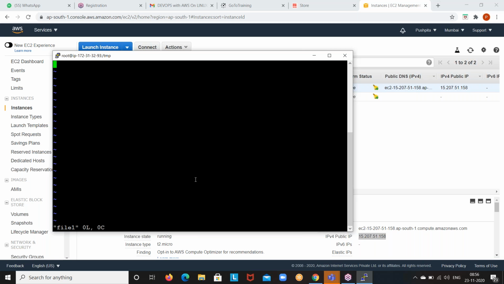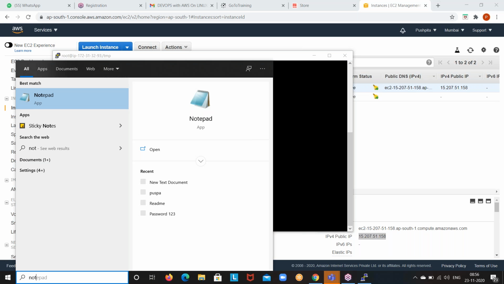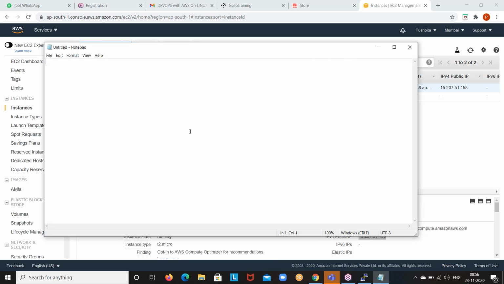Can you open a notepad? Okay. So here, write down. The vi editor has three modes.